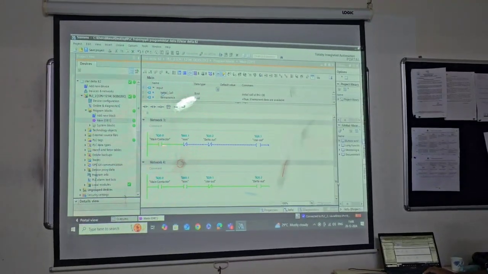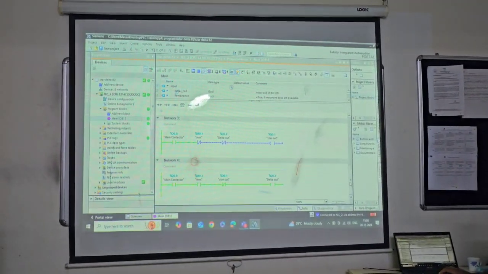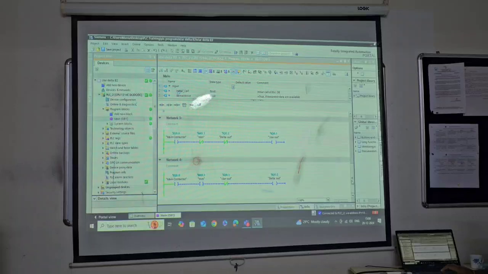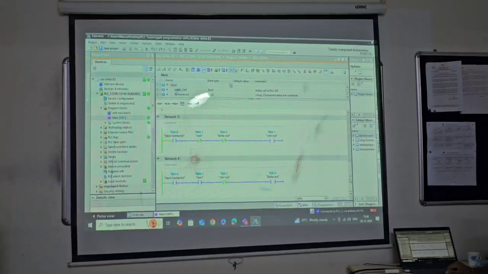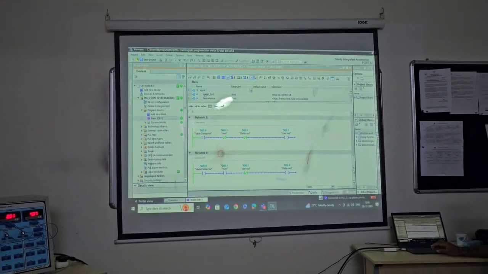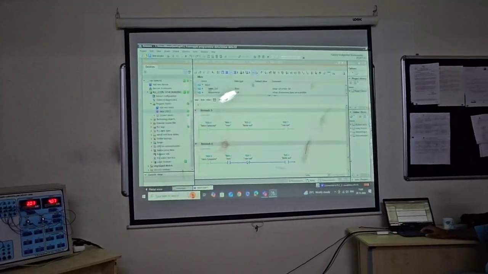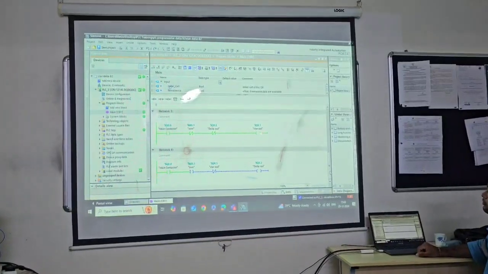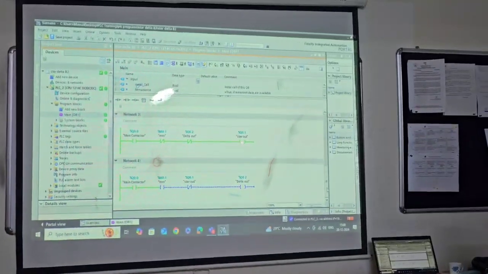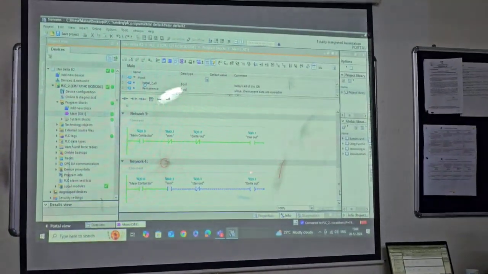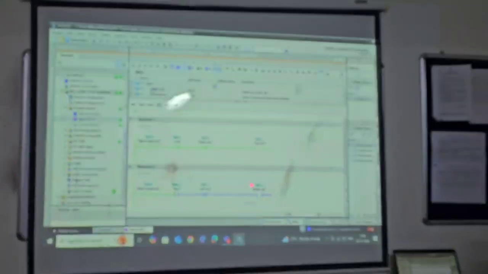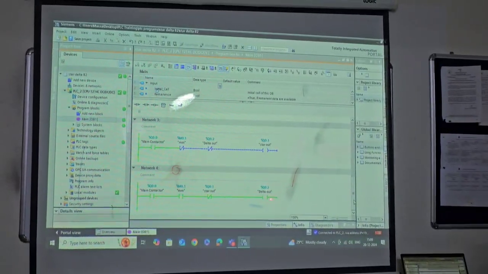Okay, now again we'll do the same thing. Can you put a stop from there? Yeah, stop. Now it is stopped. Can you start again please? Yes, now you see it is on star. The timer is running up, it is scrolling, then after 10 seconds this will change over to delta. So still the timer is running, it's changing over to delta.